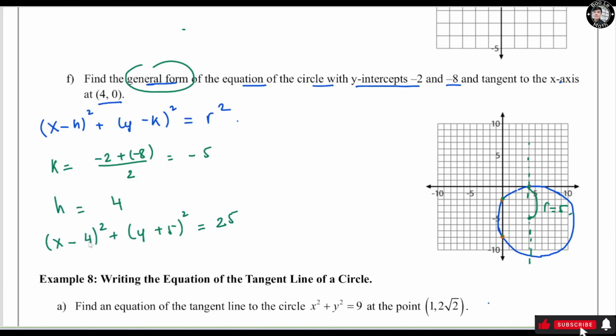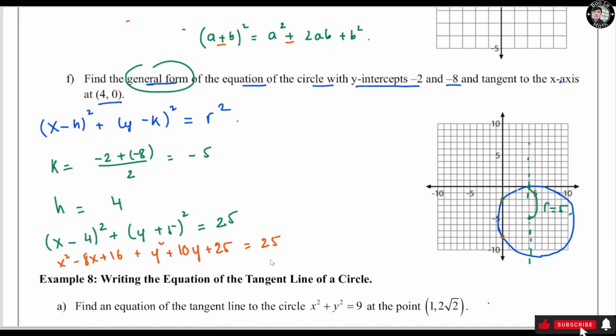So we need to expand this using the complete square formula, right? Remember, a plus b squared equals a squared plus 2ab plus b squared. Now if you expand a minus b squared, you just change the sign right here, and every single thing else should be the same, right? So this turns out to be x squared minus 8x plus 16 plus y squared plus 10y plus 25 equals 25, right? Now we're going to subtract 25 from both sides. So we're going to end up with